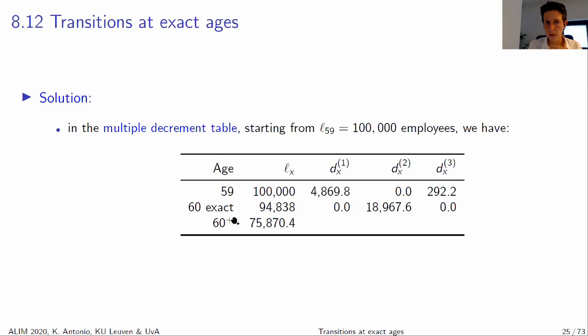Okay, so if I go then to the next line, denoted here with 60 plus, then those are the expected number of people